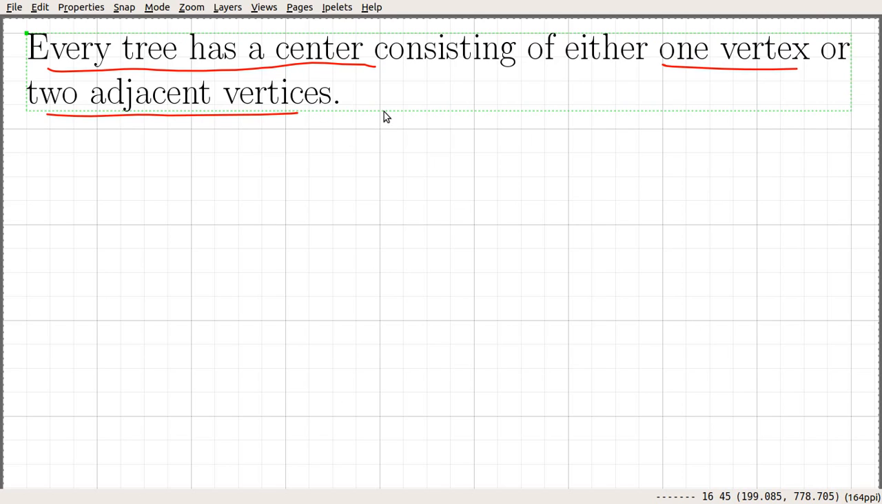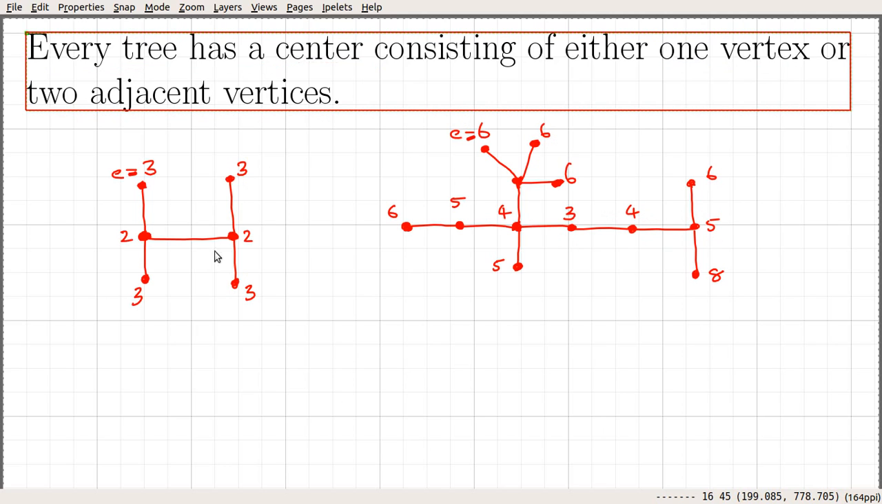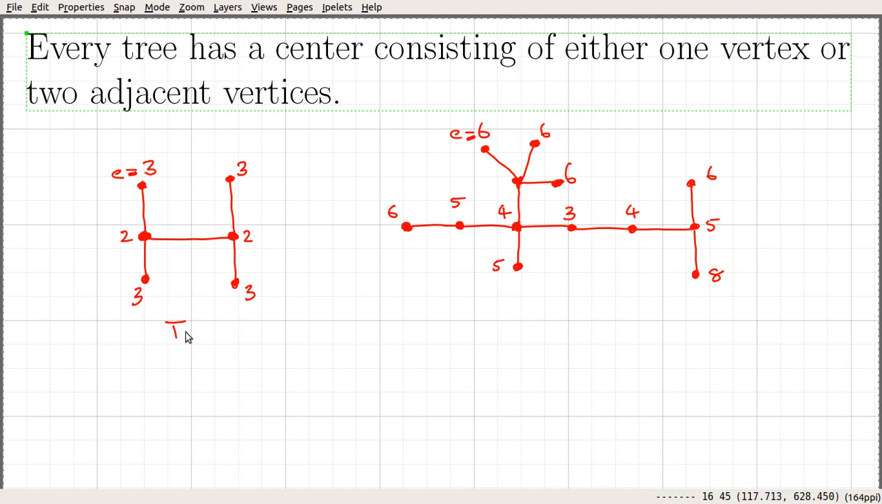So let's look into one or two examples before proving the statement. Let's look into this particular tree, say T1. Here I labeled the vertices by their eccentricities. The eccentricity of this vertex is 3, and this is 3, and the eccentricity of this is 2. So I labeled these, and here we can see that if you look into this graph,